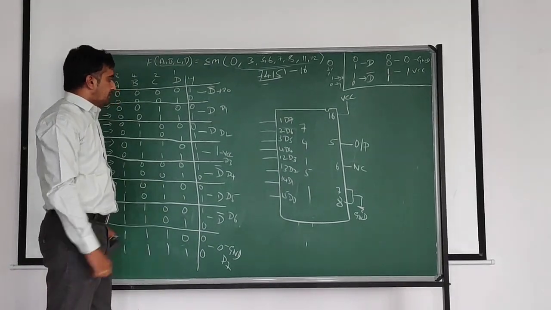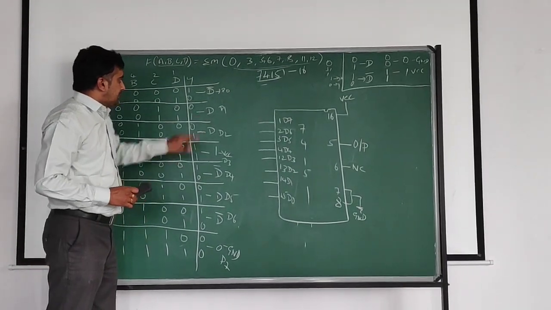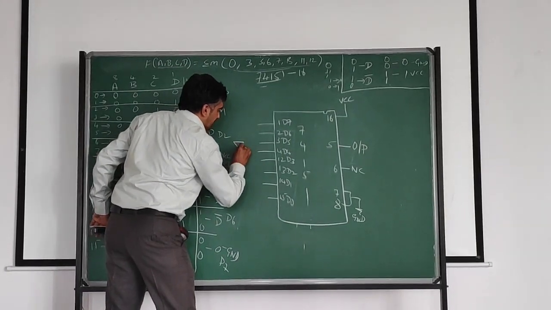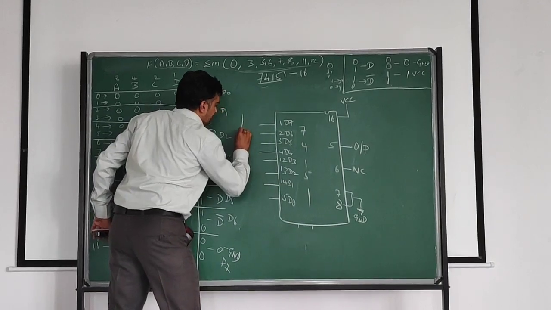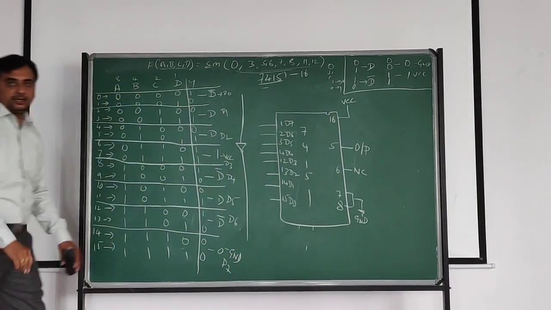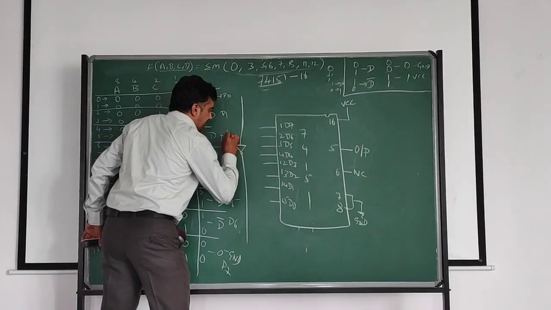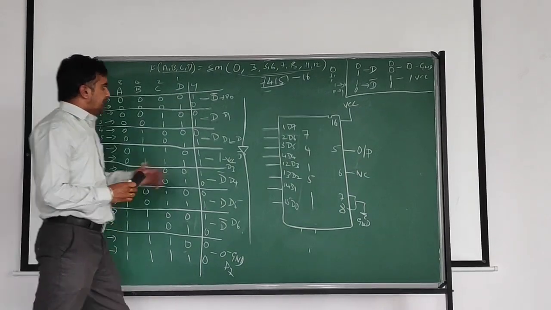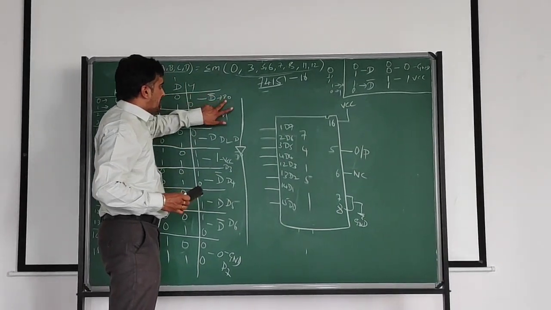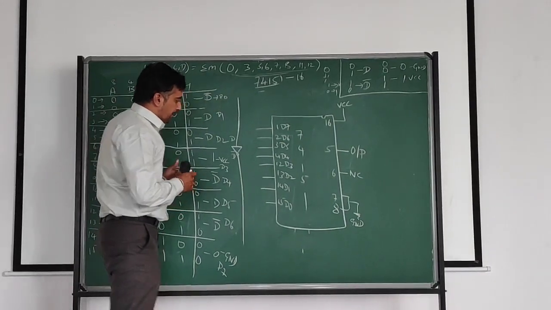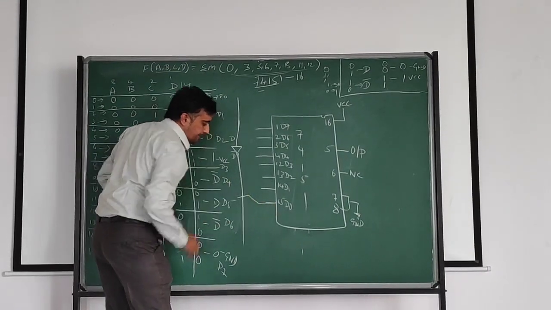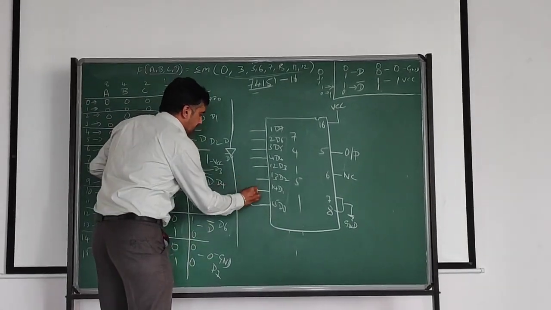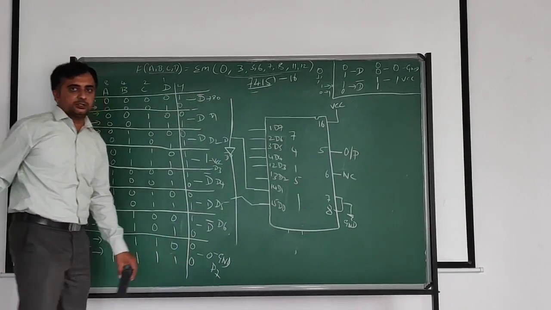Now we will collect the values. Before that, D and D bar are there. D and D bar indicate a NOT gate. Clear? Write one NOT gate here. This is D, the upper layer, low and high, and this is D bar. Now we have to collect the values. First, D0. The first box is D0. D0 should be connected to D bar. We give a direct connection. Next, D1 should be connected to D. Come up and connect directly to D.